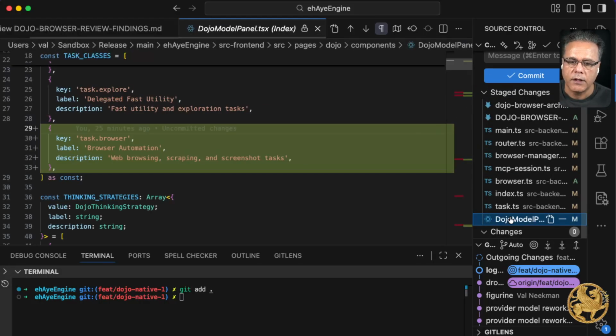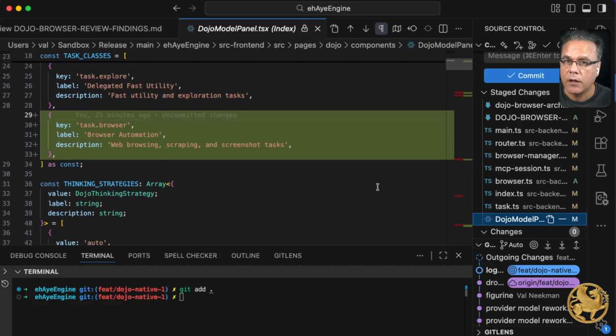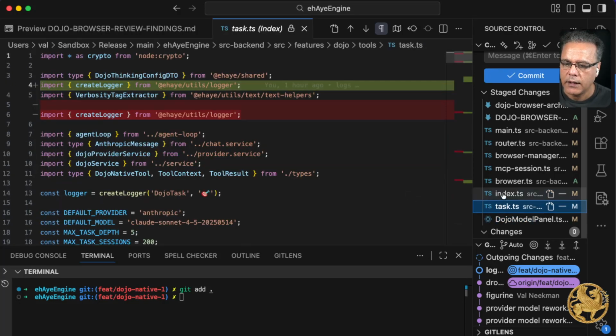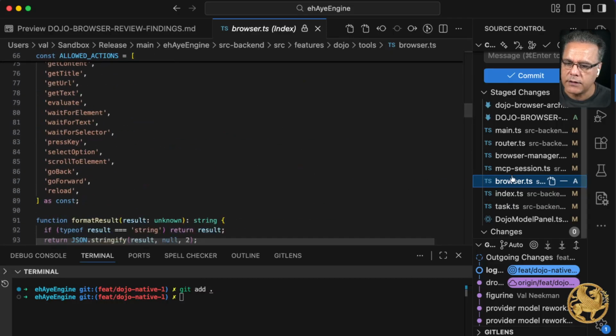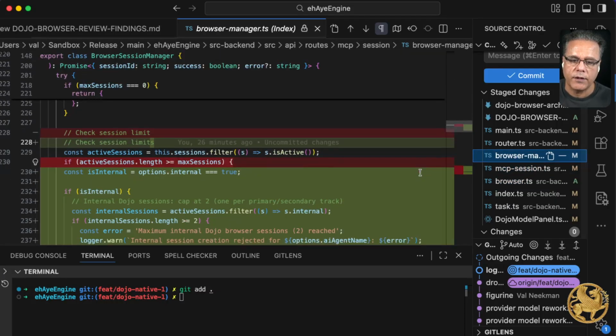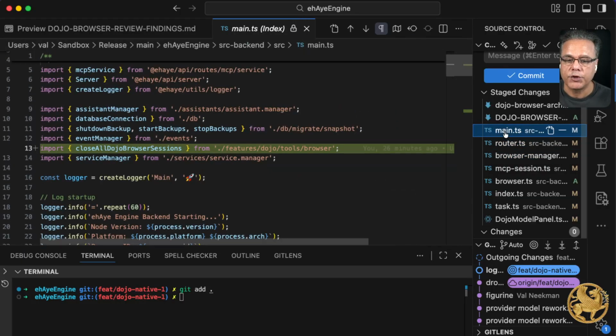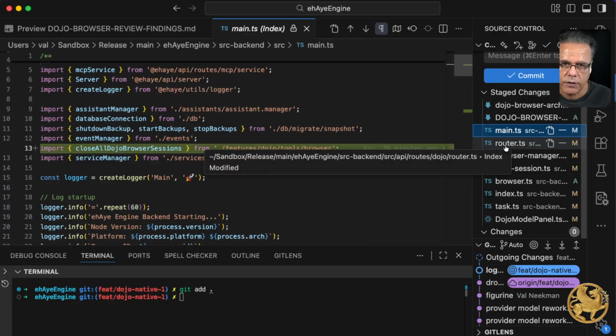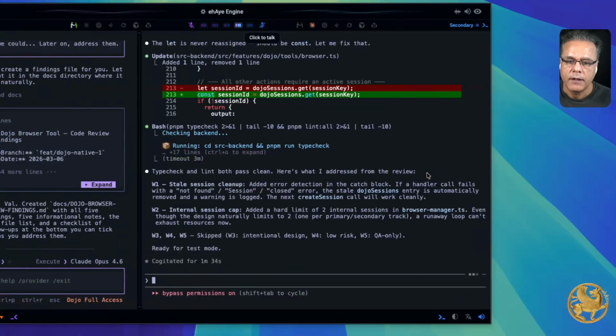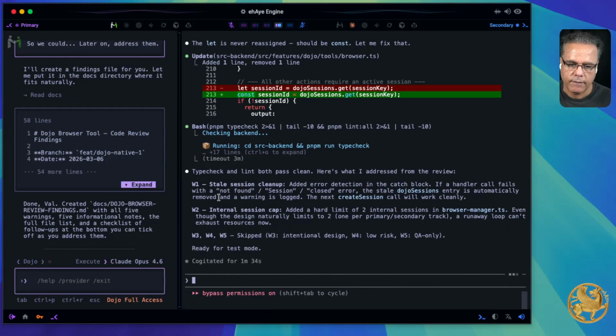Here we go. We're going to look at the differences. Now we have a tool. It's called Browser Tool, which is great. And all the changes that he's done for us, MCP, and whether it's internal or not. I asked it to keep it minimal just because we had solid code for the MCP sitting there. It just tapped into it from the site, created 2 more sessions. So Claude Code could use the session A and B, but Dojo natively taps into the sessions and gets the job done. Let's see how we're going to test this.